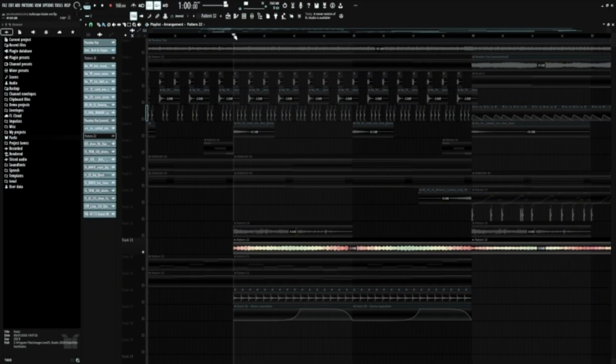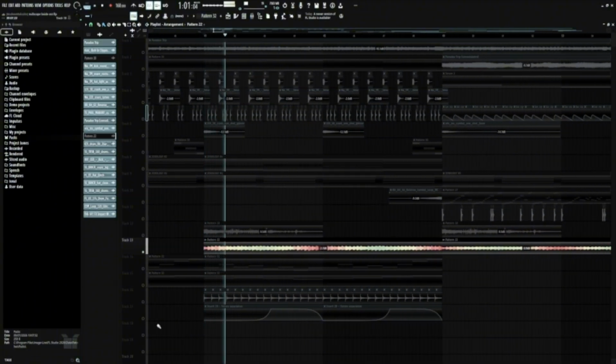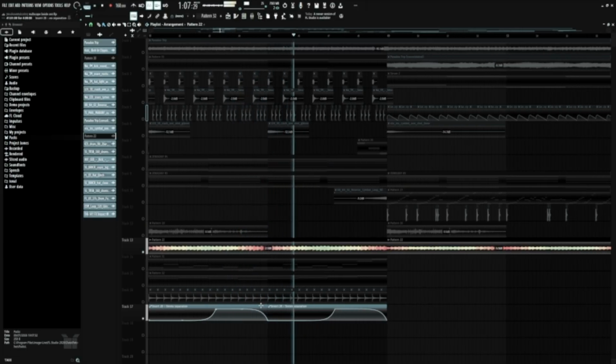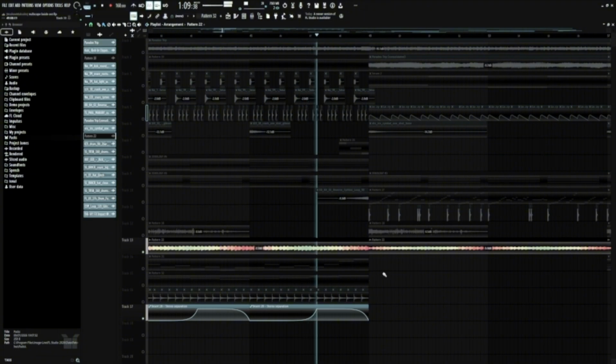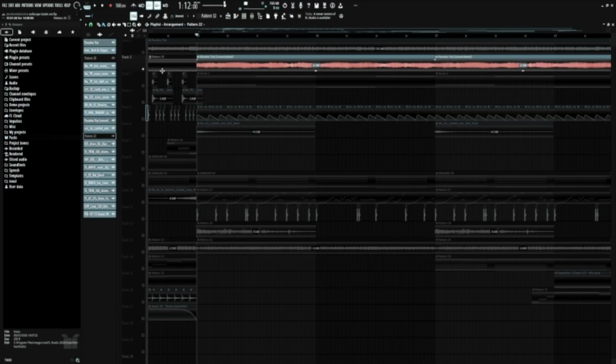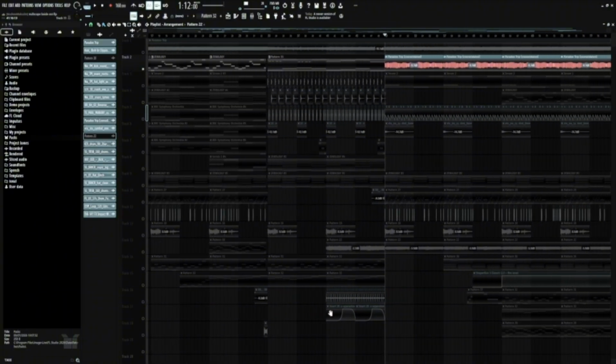Over here, to finalize this, I added a little ARP with an automation on the stereo separation. You can't really hear it in the song, I just thought it might be cool to add. Just sounds weird.